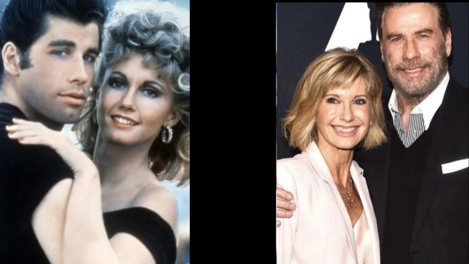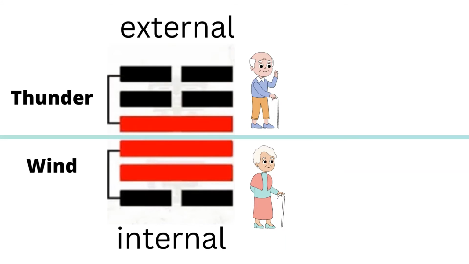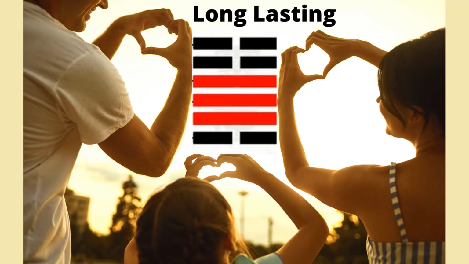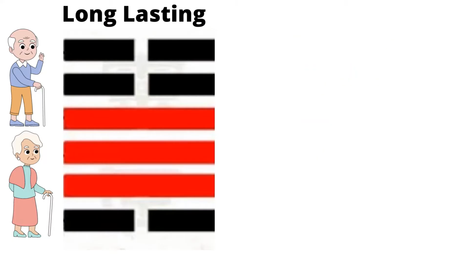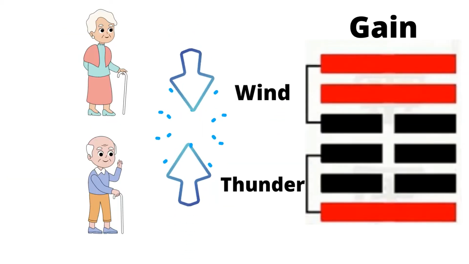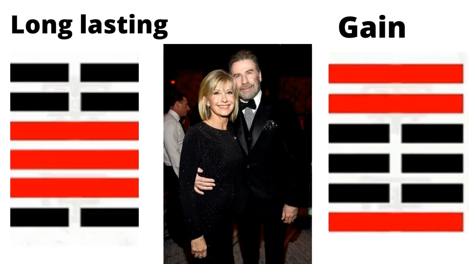Do you agree? So, when the image shows that the elder son is in the upper section while the elder daughter is in the lower section, what does it imply? Husband is responsible for the external business, while wife is responsible for the internal duties. Ancient Chinese thought this was the norm for how a harmonious family should be conducted and how to keep a long-lasting relationship. Book of Changes named this hexagram long-lasting. If positions are swapped, male force interacts with female force, and this is the moment we can see the image of gain. Book of Change used the image of an old couple to describe something long-lasting and beneficial.